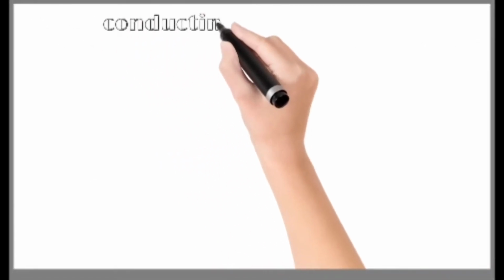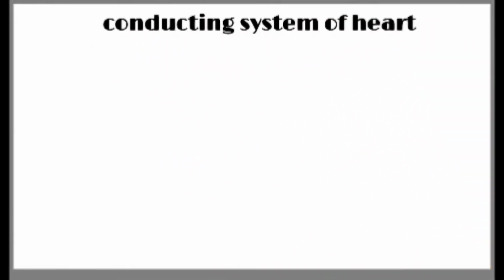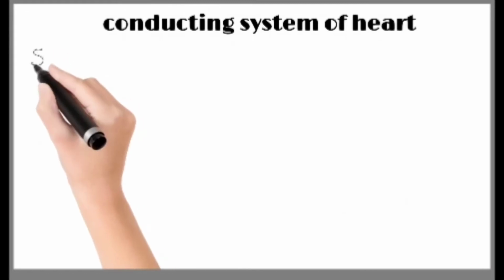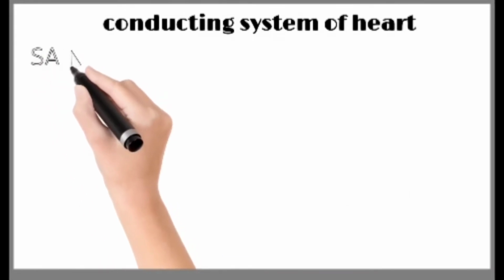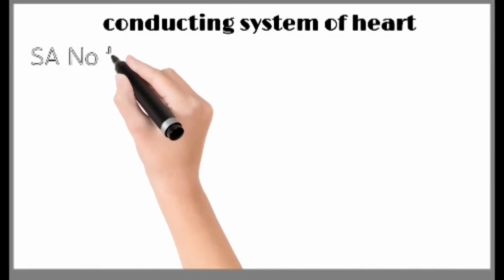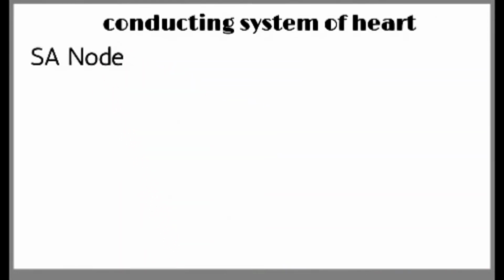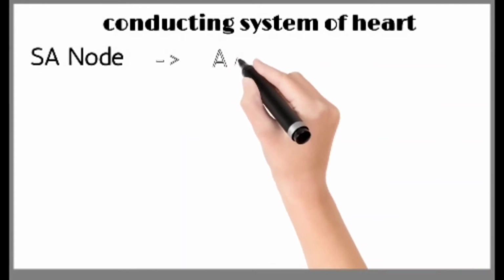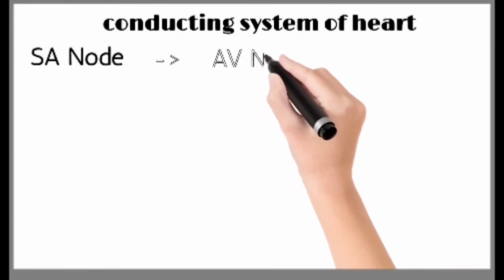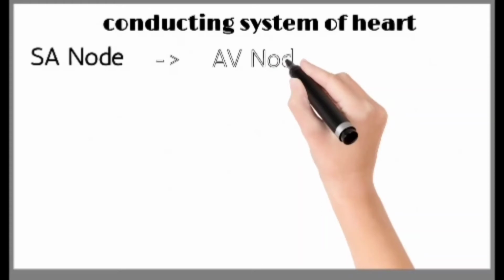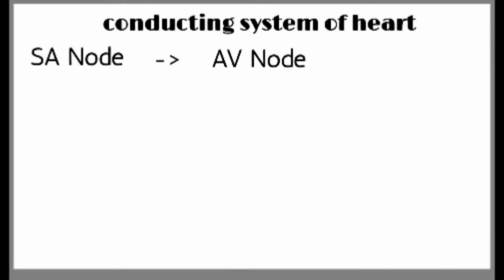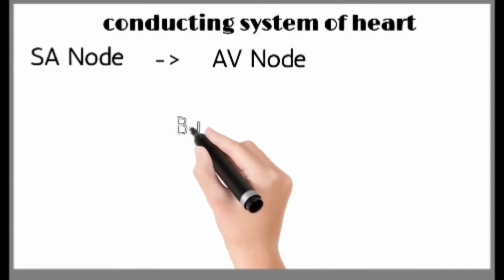Before moving to the point, we should learn the cardiac conduction system. It is a collection of nodes and specialized conduction cells that initiate and coordinate contraction of the heart muscle. It consists of SA node, AV node, atrioventricular bundle or bundle of His, and the Purkinje fibers. The sequence of electrical events during one full contraction of the heart muscle: an excitation signal or an action potential is created by the SA node.